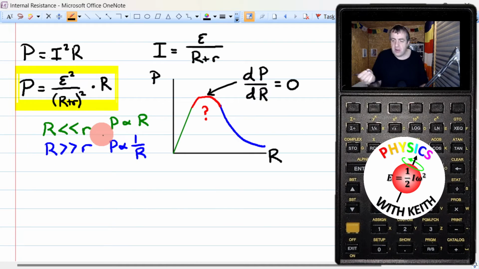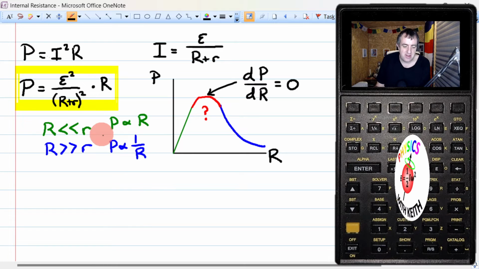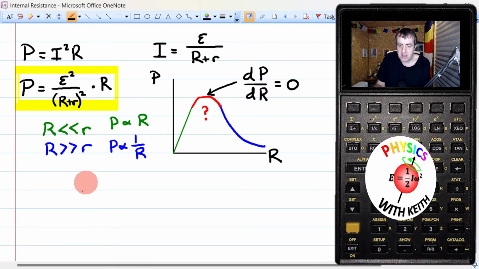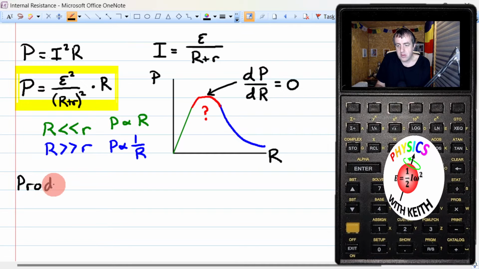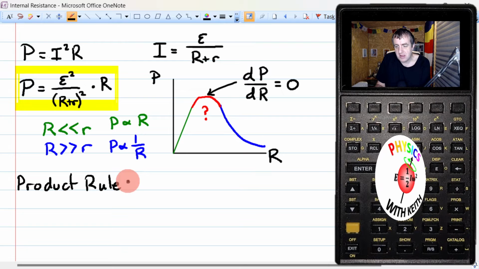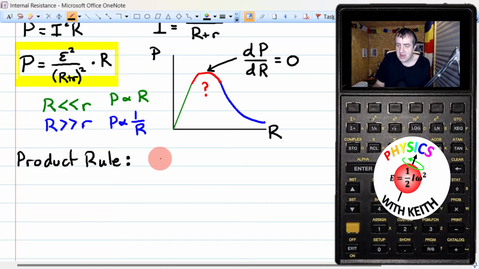It's not a difficult differentiation, is it? It's not that hard. Actually, there's a few stages to this. For a start, we've got two functions multiplied together. So we're going to use the product rule. And you might remember the product rule from your A-level mathematics. In the product rule, what we're saying is that